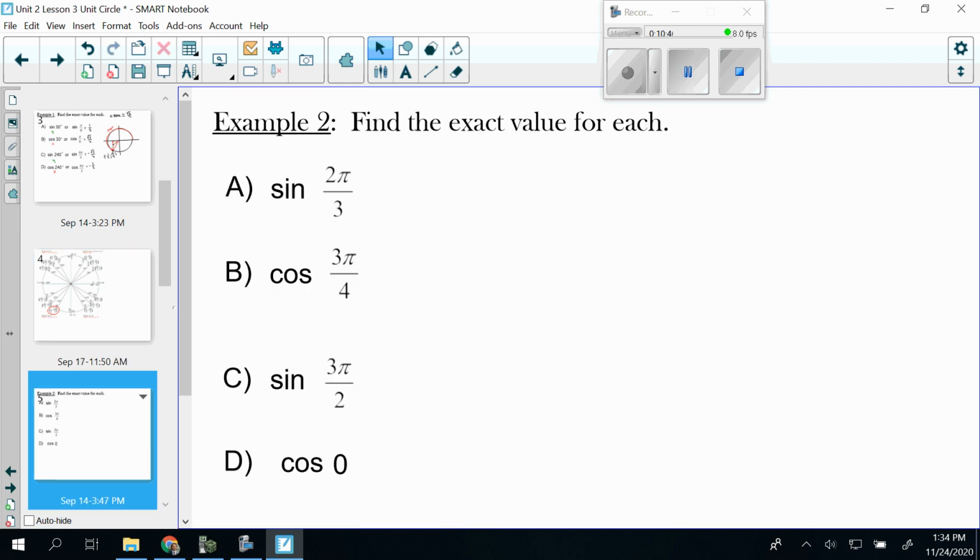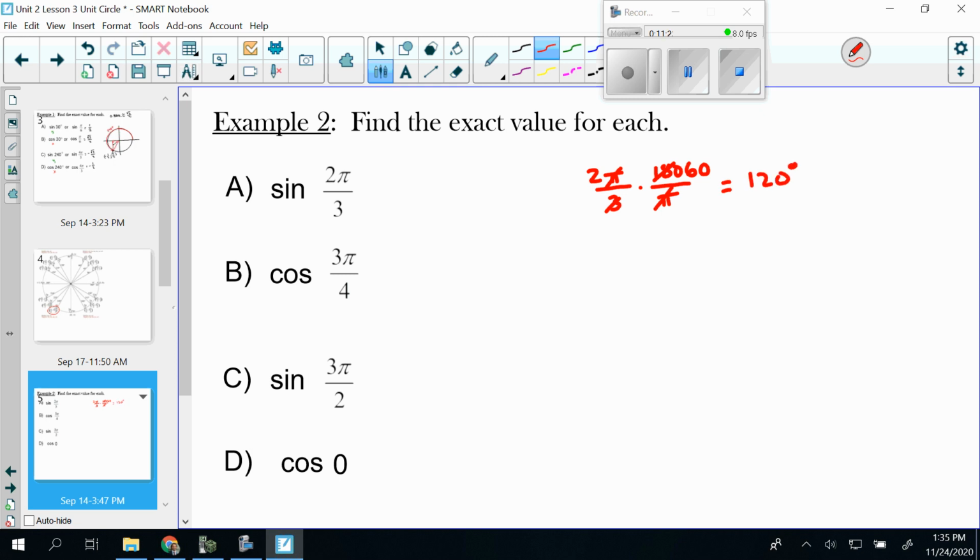All right, let's find the exact values for these. So sine of 2 pi over 3. First off, we want to know what that angle would be. 2 pi over 3, if you're not sure, you could convert that to degrees. Remember our conversions, 180 over pi. Pi's cancel here. I also know 3 goes into 180 60 times, and so 2 times 60 would be